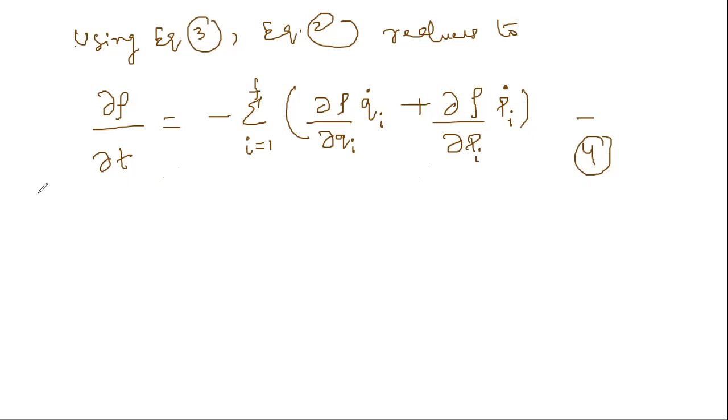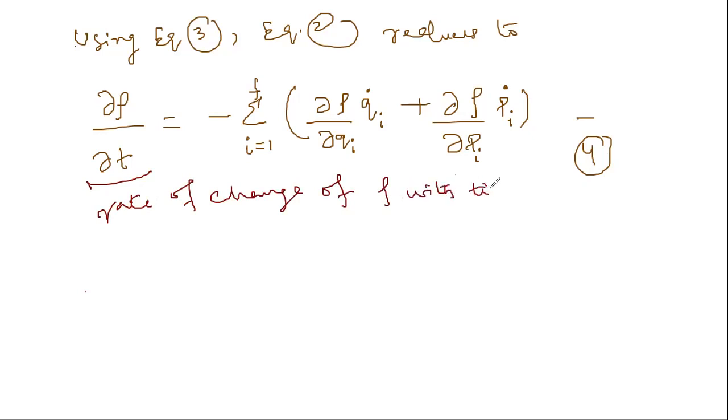So this is giving me now the rate of change of rho with time at a fixed point in phase space, at a given point in phase space, right? So remember why this change is rho with time at a given point, because corresponding to the ensemble of systems,